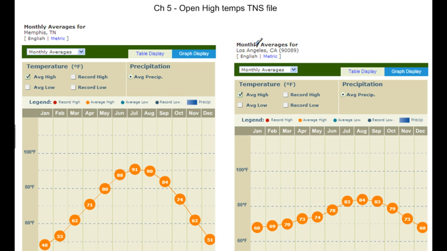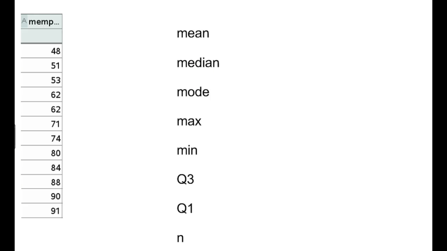And you can see that actually the median temperature is very close, but there's a lot more variation in Memphis weather. It goes down to 48. We saw that this winter, highs of 91 for median high temperatures. Whereas in LA, it tends to be pretty nice all year round, actually. And there's not nearly as much variation there. You see lots of variation here, not as much there. Let's talk about some of these measures of spread and different things we do with data.